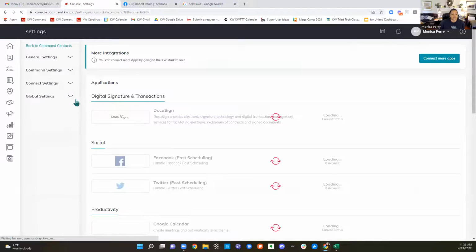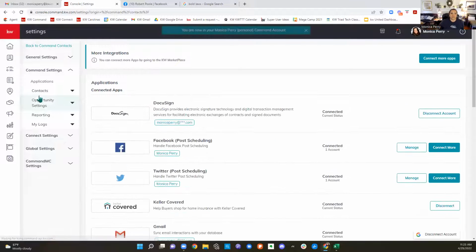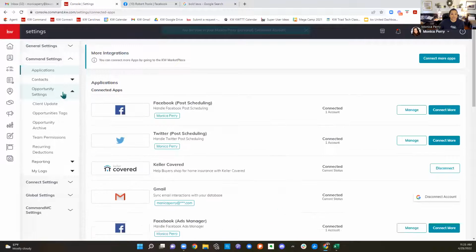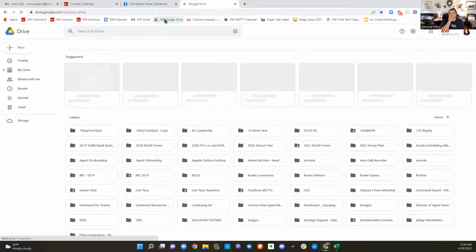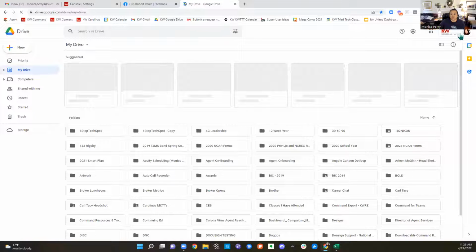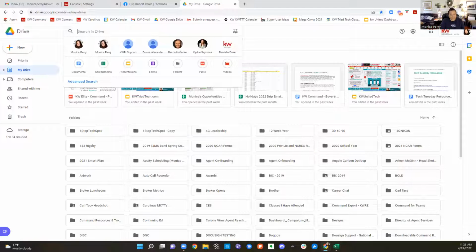Going back to settings, you could also set up your tags from there. If you decided, I know exactly how I want to tag, and there are people that have shared that kind of stuff with you. Again, if you are in the Google Drive under Keller Williams, you can see I'm in my Keller Williams Google Drive, right? For number one, we have unlimited storage in our Keller Williams Google Drive, which is great, right? Number two, nice people like to share stuff. So if you're looking for tags,